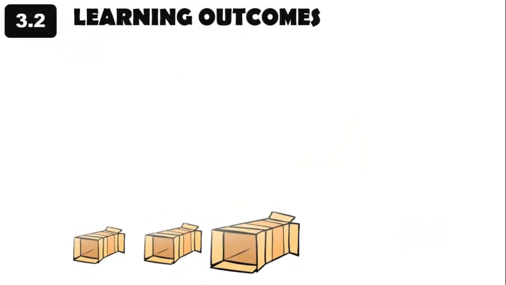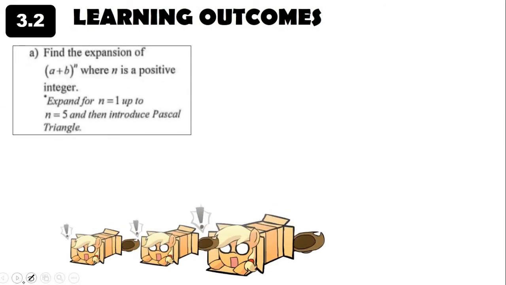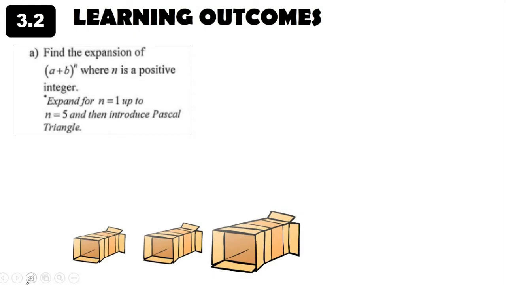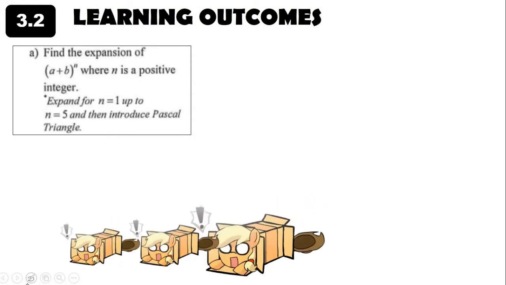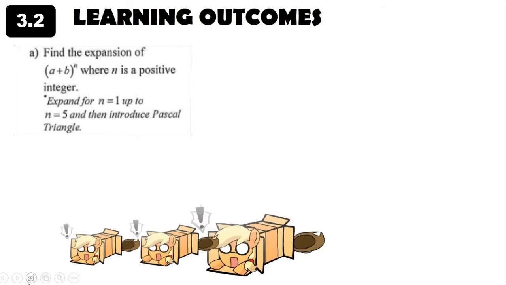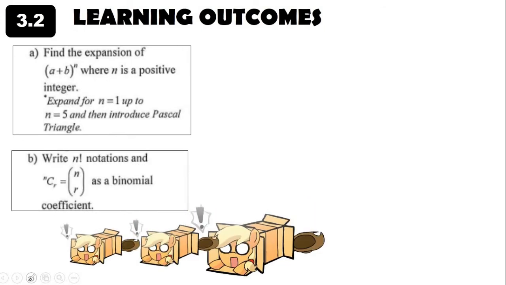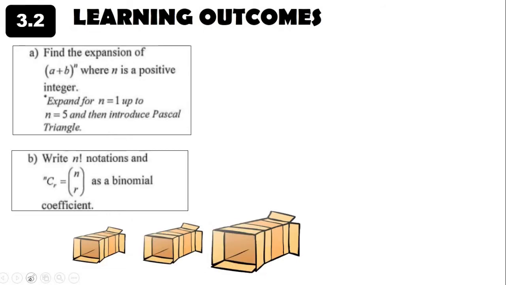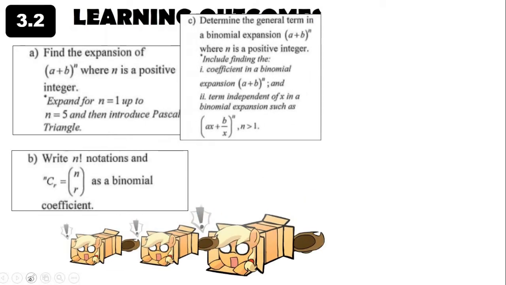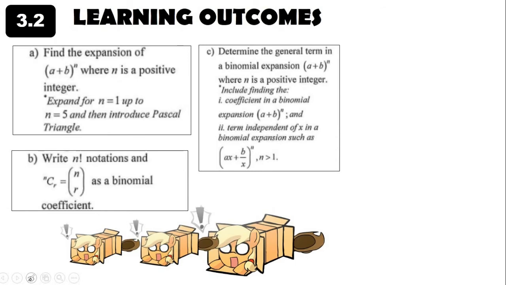So now we are going to discuss the next subtopic, which is binomial expansion. But before that, should we look into the learning outcomes first? So first we have to find the expansion of (a + b)^n, where n is a positive integer, as well as you have to know what n factorial notation and nCr as a binomial coefficient are. And then we should also learn how to determine the general term in a binomial expansion where n